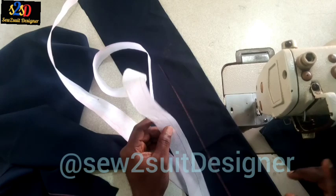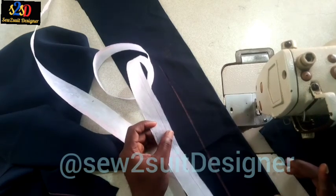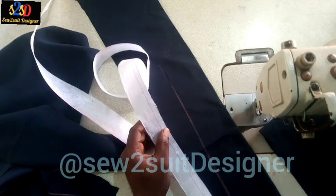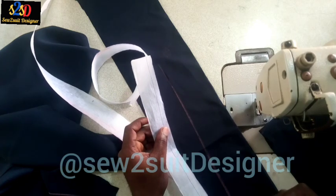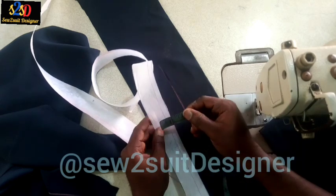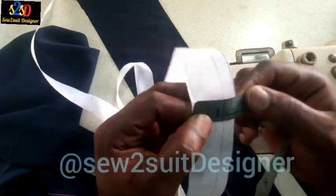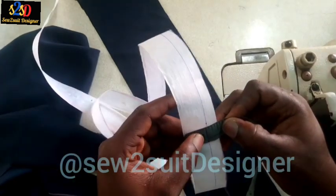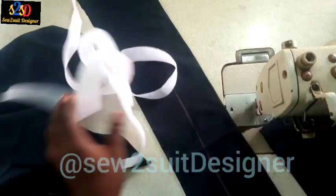Remember, while I was cutting my trouser, the pleated trouser, I removed 1 inch, and I told you that while cutting the gum stay or the material gum or the interfacing for the waistband, I will make it 1.5 inches. This is the 1.5 inches. You can see it exactly 1.5 inches. This actually for the waist of the trouser, and